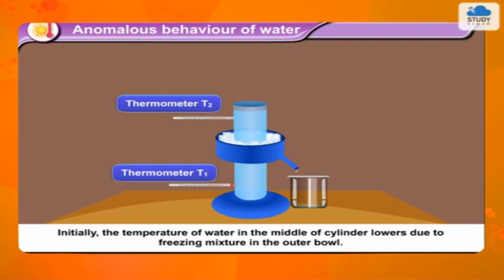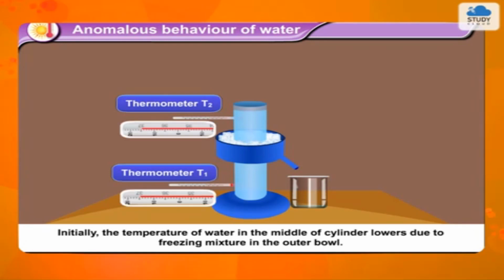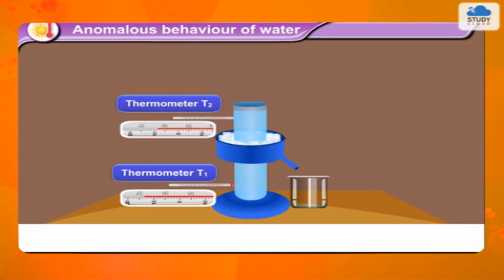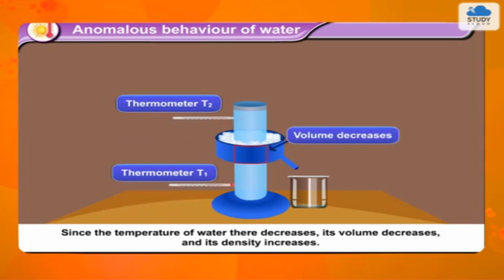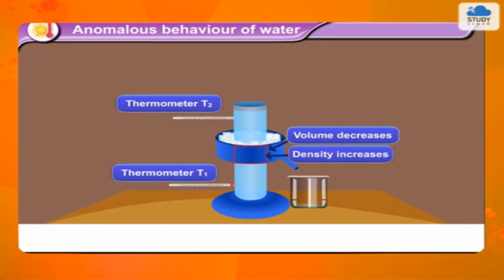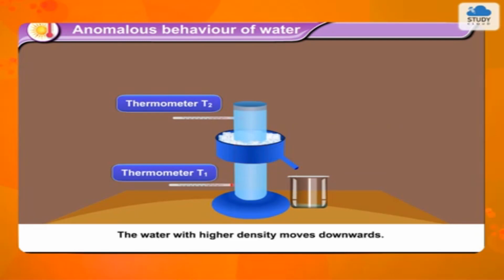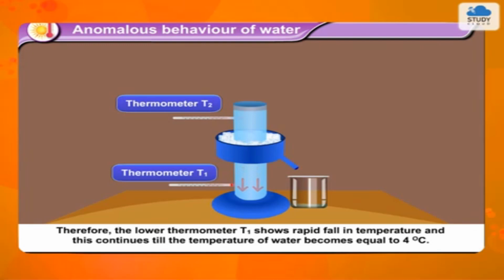Initially, the temperature of water in the middle of the cylinder lowers due to the freezing mixture in the outer bowl. Since the temperature of water there decreases, its volume decreases and its density increases. The water with higher density moves downwards. Therefore, the lower thermometer T1 shows a rapid fall in temperature, and this continues till the temperature of water becomes equal